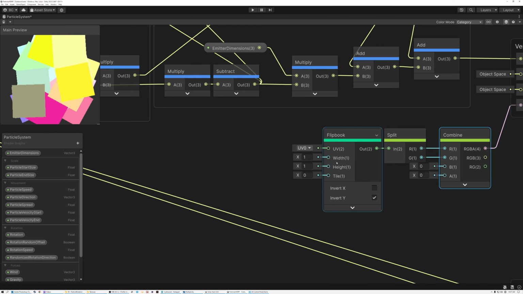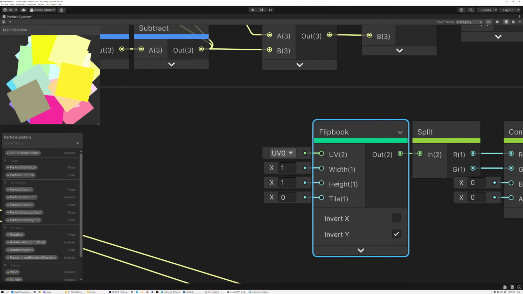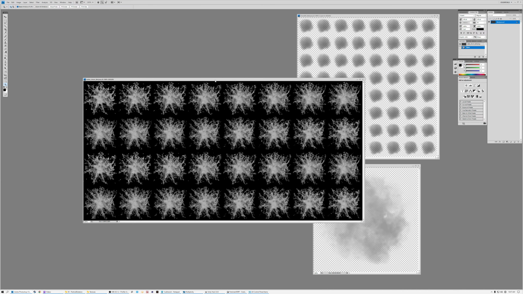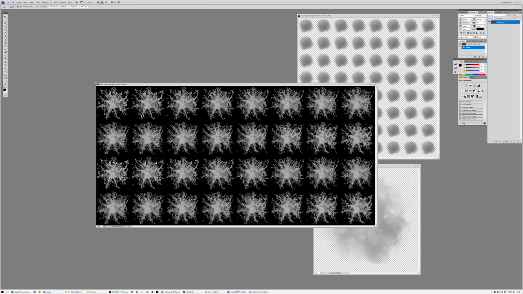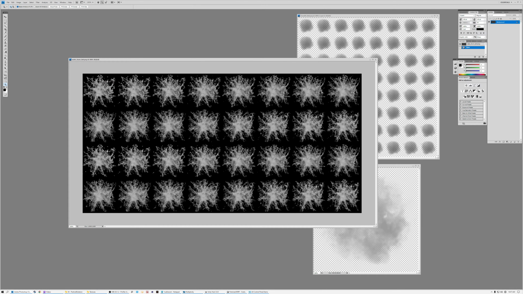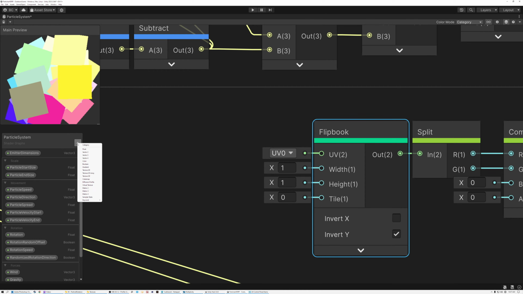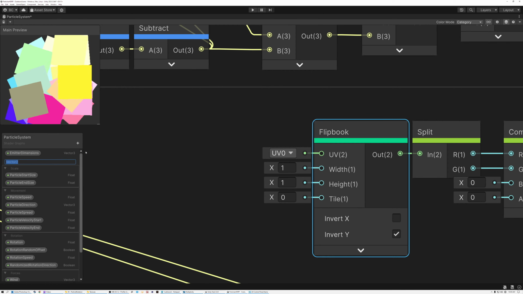All right, next we need a width and a height for our Flipbook node. And this has to do with the number of rows and the number of columns in our texture. So if we take a look at our texture again here, this is the one we're going to be using by default. And it has 8 columns and 4 rows. And so those are the dimensions we're going to give it. So we'll create a parameter here in our blackboard. And this is a vector 2. And we're just going to call this